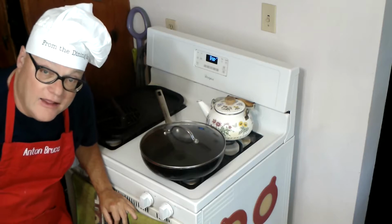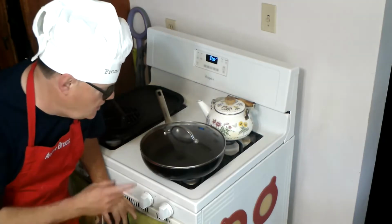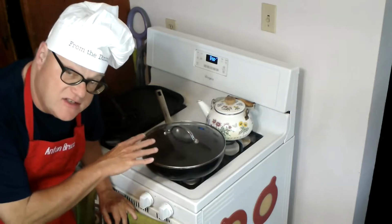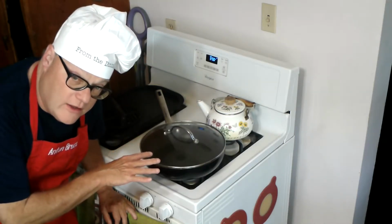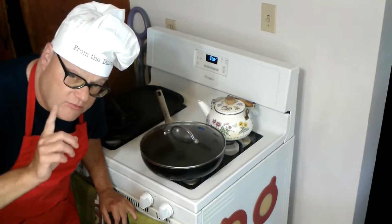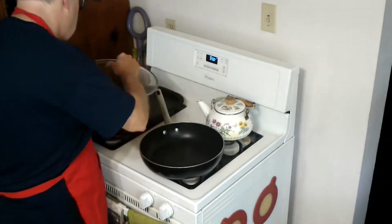Okay, we are back, and now we're going to get started with the meat, onion, and bell pepper mixture with the pie mixture, which has got to simmer for 20 minutes. After that starts simmering, we'll make the cornbread topping that goes on top of it. So here we go. First, here's your pound